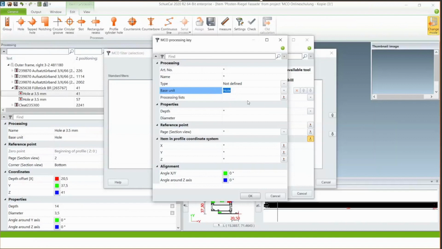So here at the properties of the diameter, I need to type in 3.2. If you want to change any other thing, you can do it here because this is the modification code. And here you have the option to change the process that you defined before in the search key.